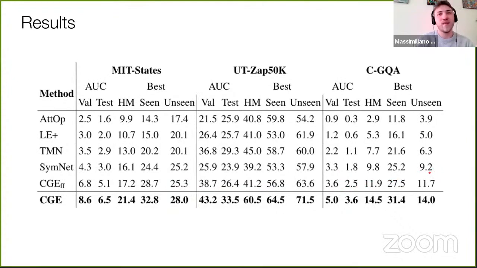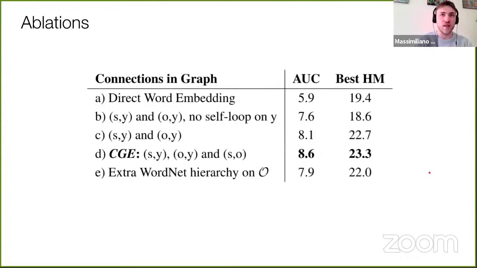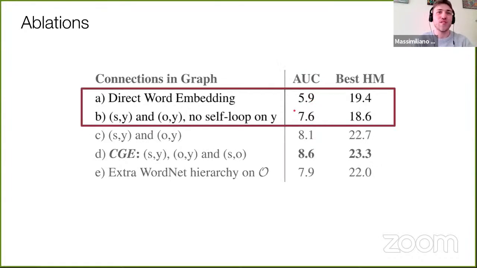And a cool thing now is to see what is the actual impact of this graph. The first baseline is direct word embedding, so it's not using any graph. It's just taking the word embeddings and putting them in the shared embedding space, and refining them by just training them independently. This achieves a 5.9 AUC in the validation set of MIT-States. But as soon as you include the graph, this AUC grows to 7.6, while the best harmonic mean is